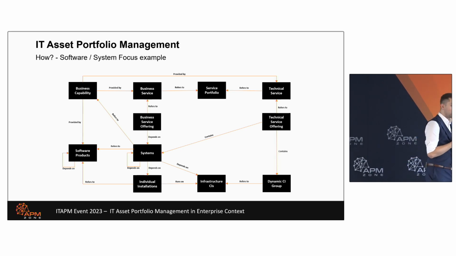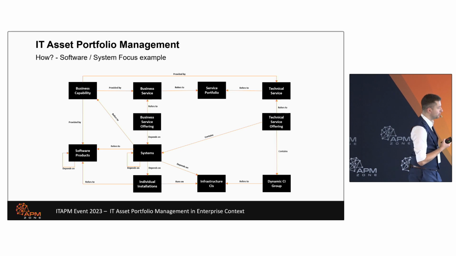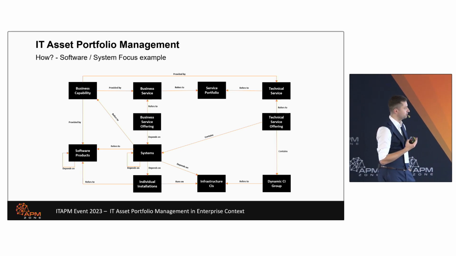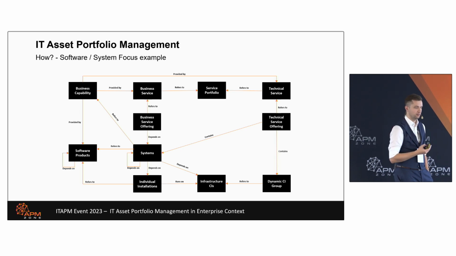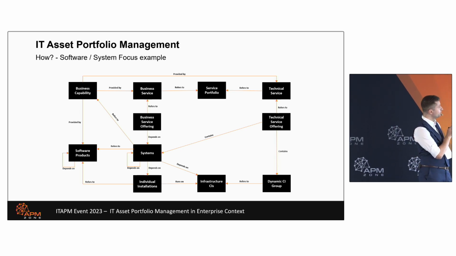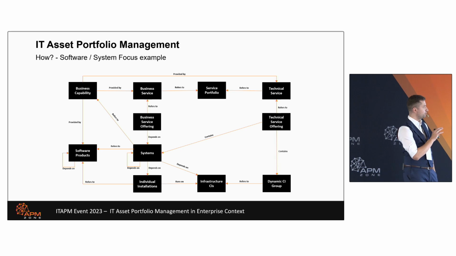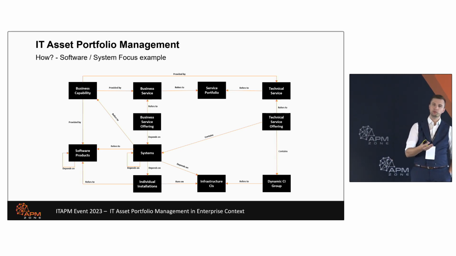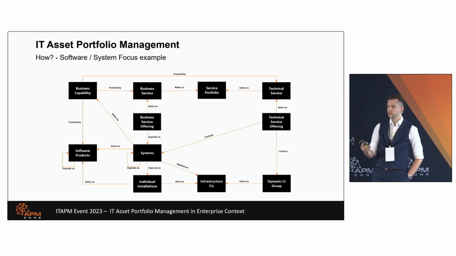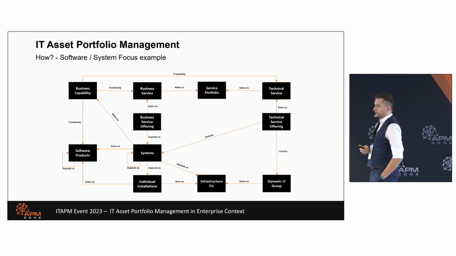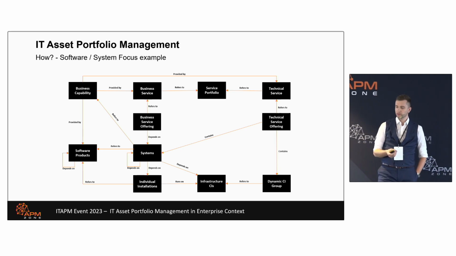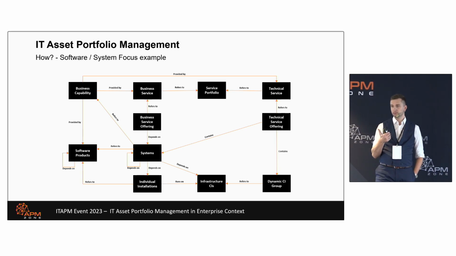So, what do you actually find here? What do these relations mean? So we can start building this perspective. It's a little bit like an exercise right now. Going from the top, the business capability. This will be our strategic start, where we capture the requirements, what the business needs, right? And by what it is provided. We have chosen a software perspective. So first and foremost, we have a software product.